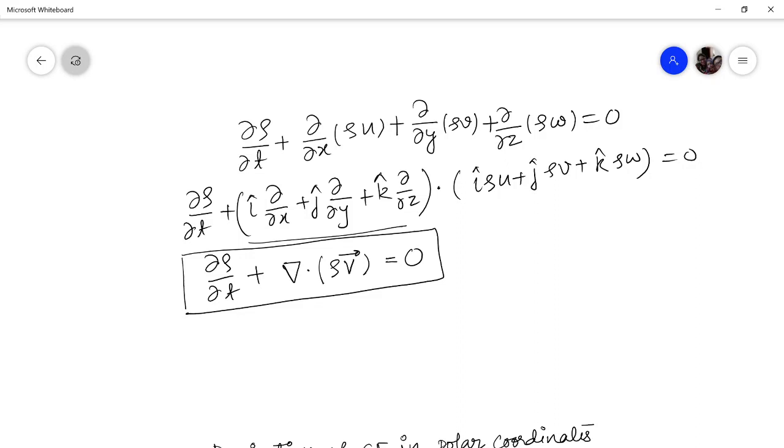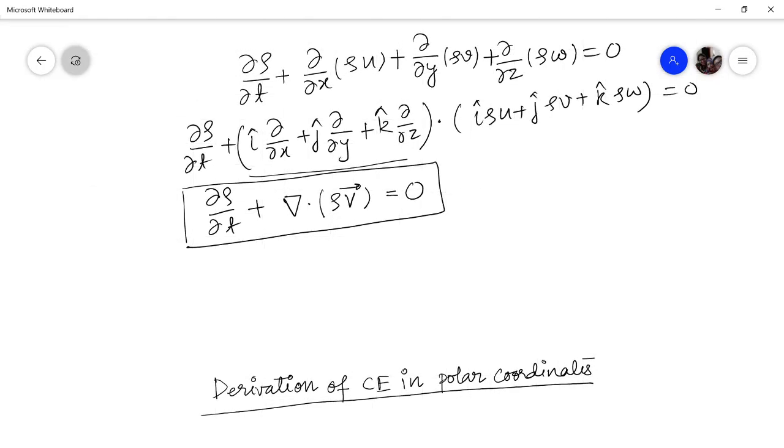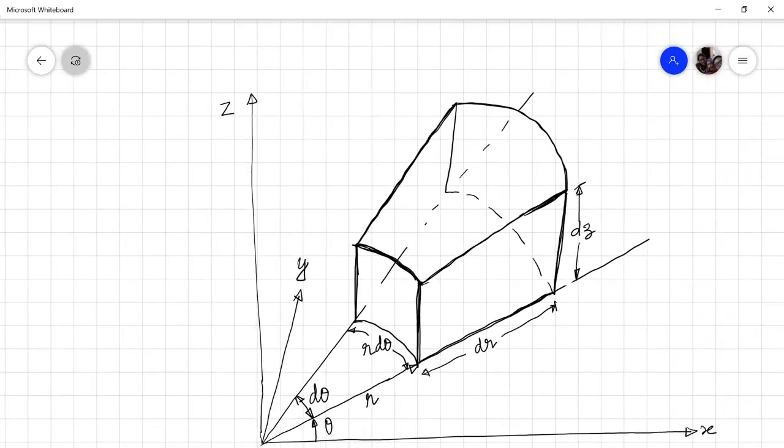Now, if you want to move from one coordinate system to another, the best way is to write that particular vector notation in the coordinate system in which you want it. So one way of converting an equation from one coordinate system to another is to first write it in vector form and then expand that vector form in the different coordinate system in which you require the equation to be written. But I will not be using that. Instead, I will be deriving it from the first principle.